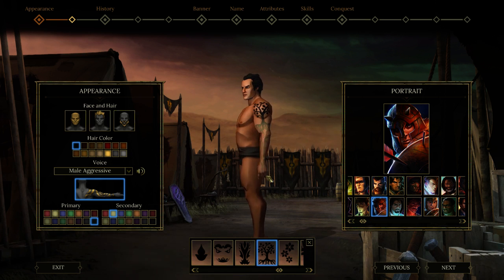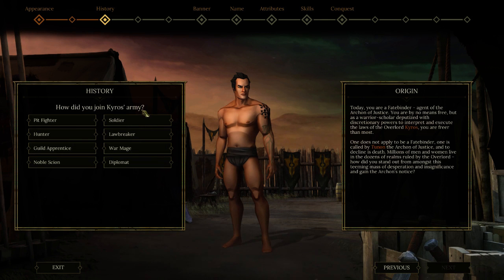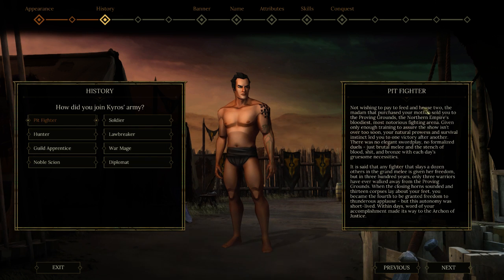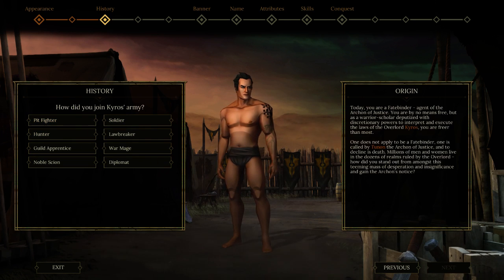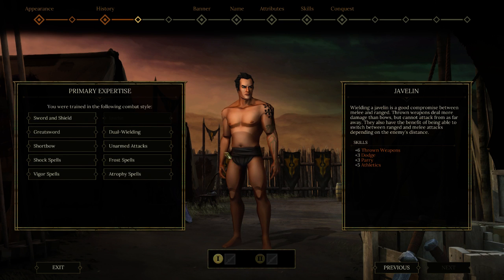Oh, why can't I pick white? That's fine. Wanted to try a solo play. Not sure how it's going to work out. So I read most of this stuff already. I'm not going over it again. But I think I'm going to take Pit Fighter, Javelin